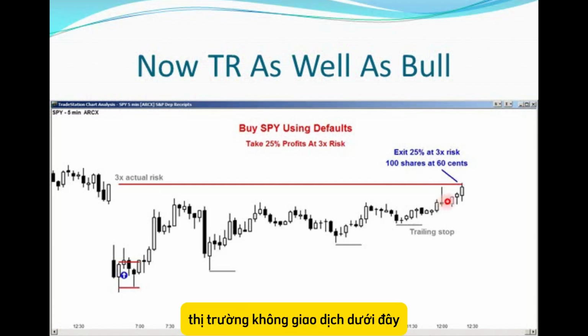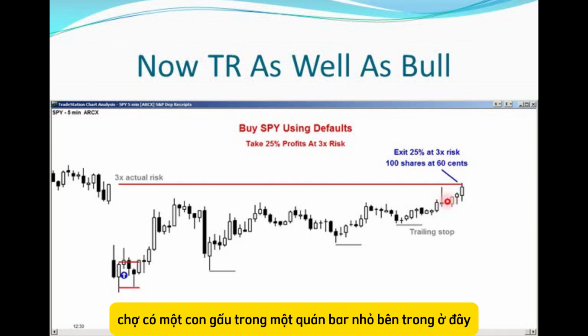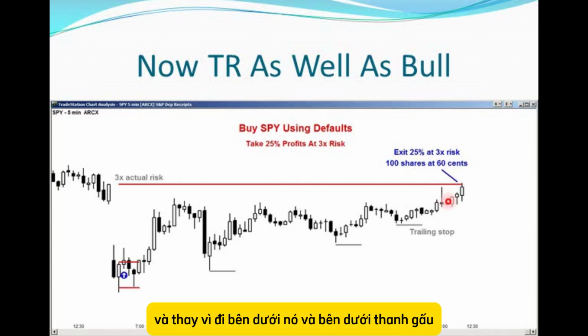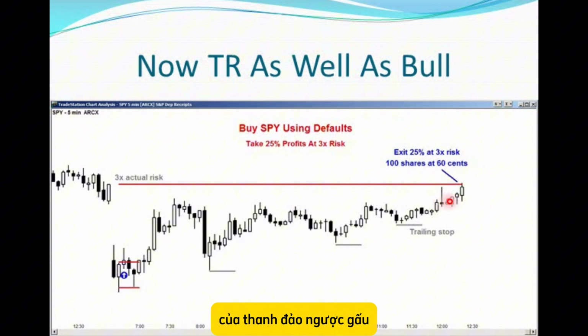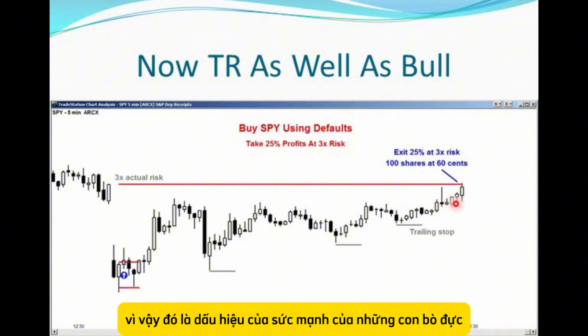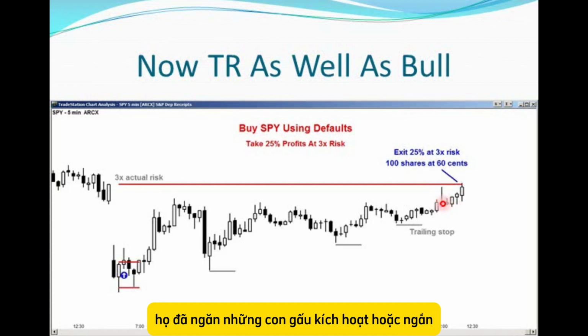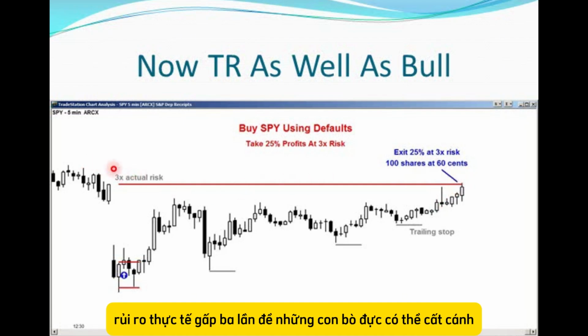Okay, over here the market did not trade below the low of this bear signal bar. The market had a little inside bar here, and instead of going below it and below the bear bar, it found buyers right at the low of the bear reversal bar. So that's a sign of strength by the bulls. They prevented the bears from triggering a short and from running the stops. A lot of bulls would have gotten out below this bar, but the market did not get there, so that's a sign of strength. The market went a tick or so above 3 times the actual risk,